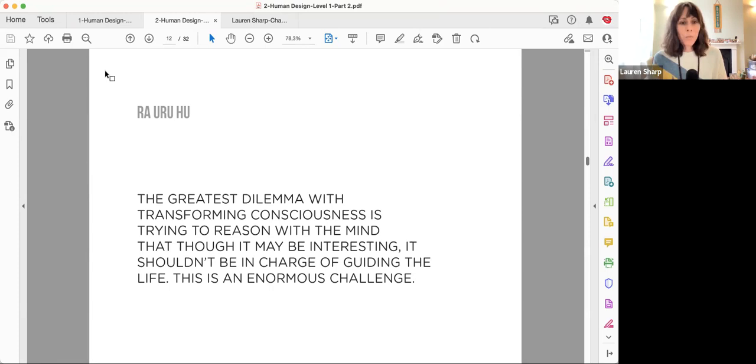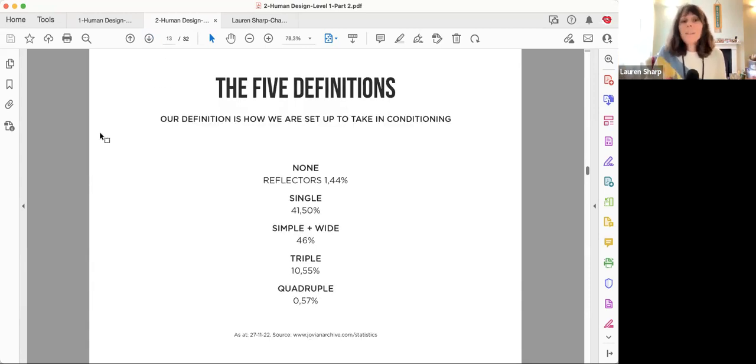It becomes a challenge where you start to think about your authority and you think, wow, I'm going to actually start working with that. Because if the only thing you leave with is working with that guidance system, then the rest of your design kind of falls into place. That's the amazing part about human design. You don't have to do anything more than that.